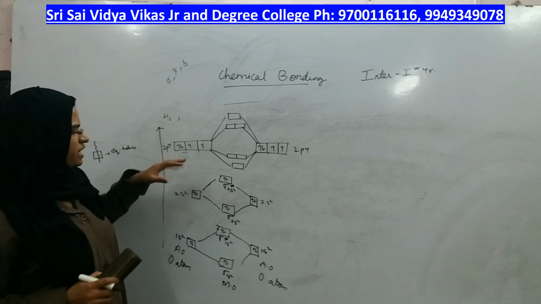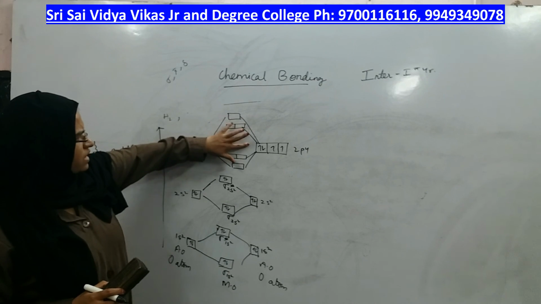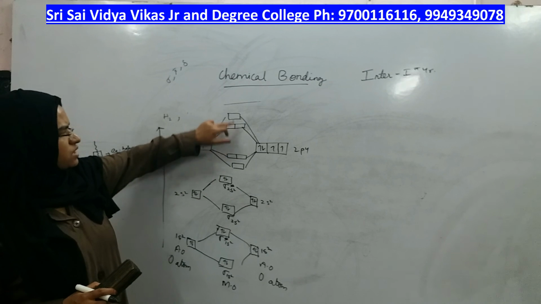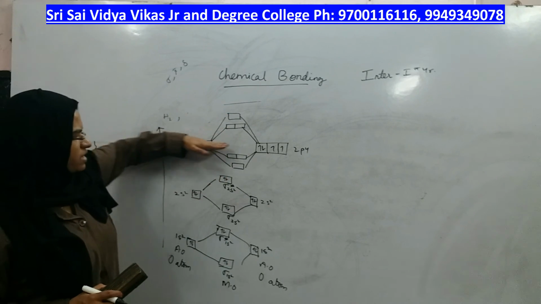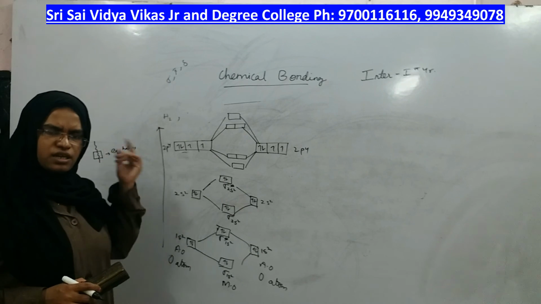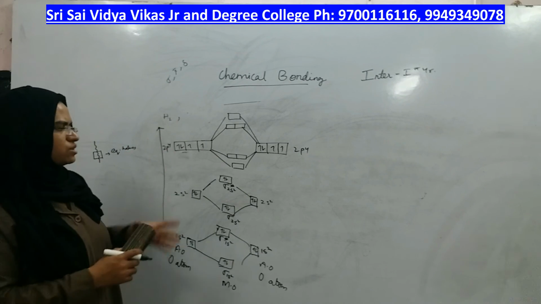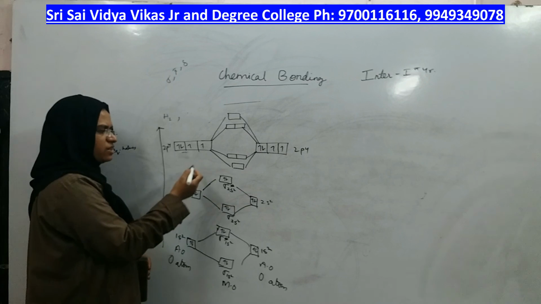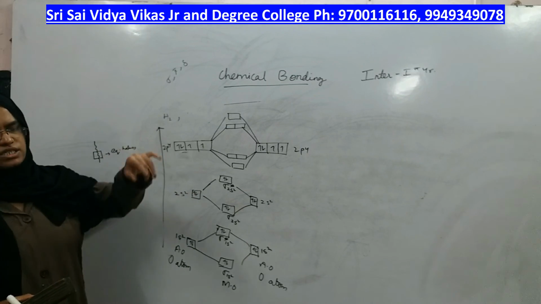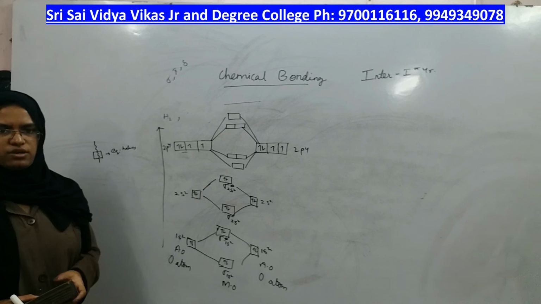Now you look at the diagram. On this side of the line 2 pi orbitals, on this side of the line also 2 pi orbitals, then sigma, then sigma. If I cut in between, the diagram is symmetrical, which is after nitrogen only. Okay, so now let us fill the electrons in the next class, and we will continue with oxygen and fluorine with this diagram only. Okay, thank you.